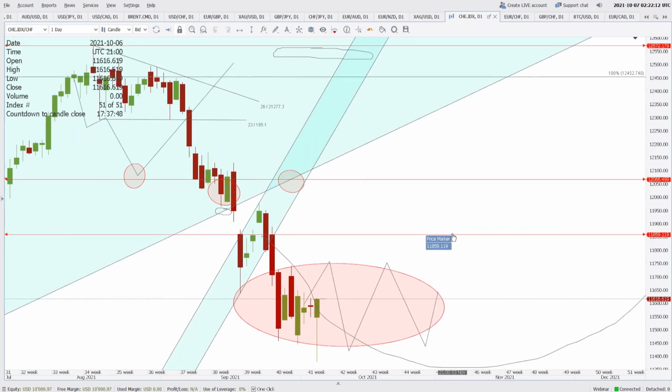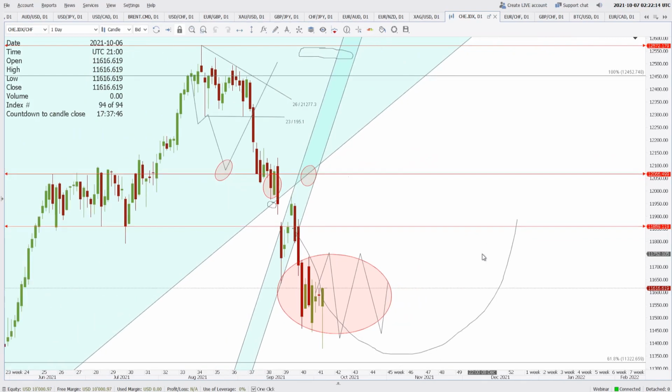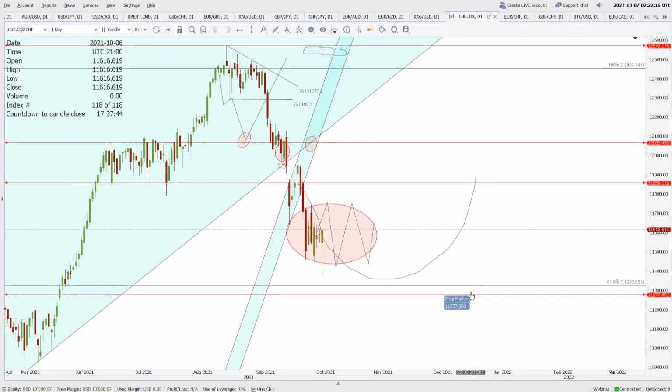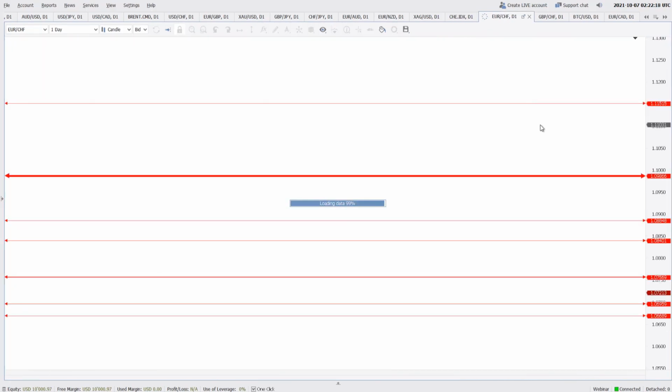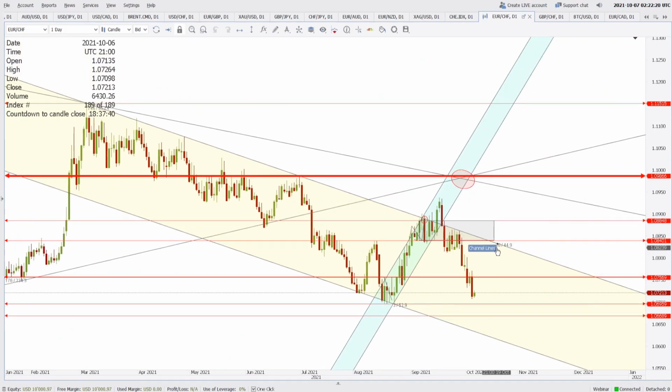So right now 11,859 is the resistance. On the downside, we have 11,277 as support. EURCHF 1.0756 is still my area of resistance, and 1.06959 is where I'm expecting the buyers to jump into the